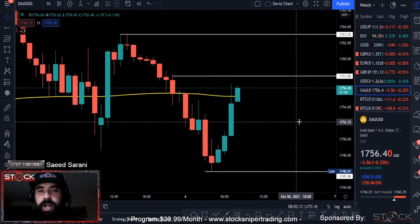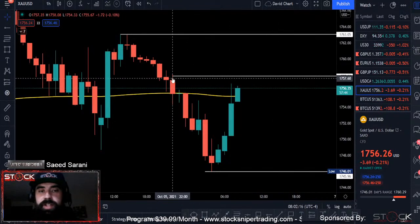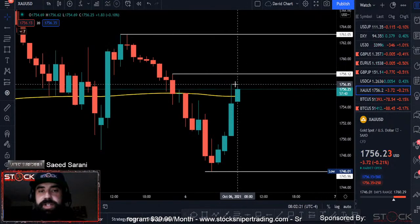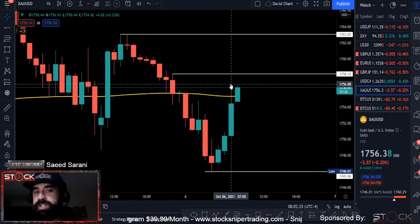There is a previous wick at 1756. Okay, this wick needs to be moved up. All right, and now we can use this as similar previous 7 o'clock resistance. Okay,